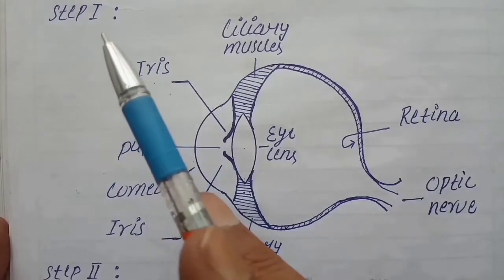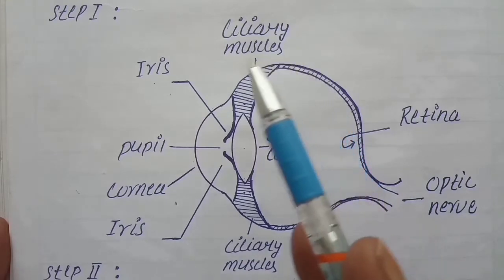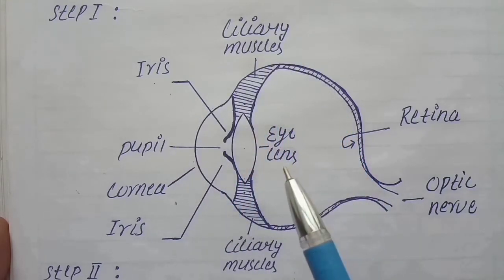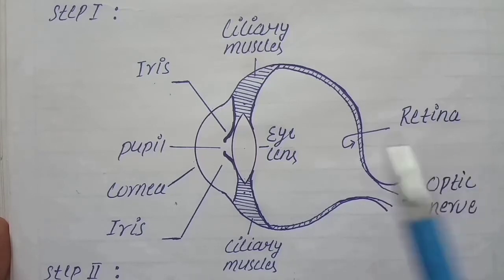So in this regard, we are taking the topic of the human eye here. It will be conducted in 3 steps, and each step is very important for board examinations. After completing all these 3 steps, I assure you that no one in the CBSE board can beat you on this topic. So let me start. This is the first step. This step belongs to the diagram of the human eye with minimum labelling on it so that no mark is deducted in the final board examination. So let me start.